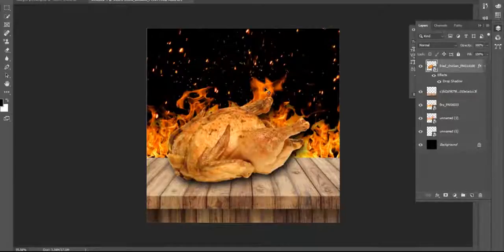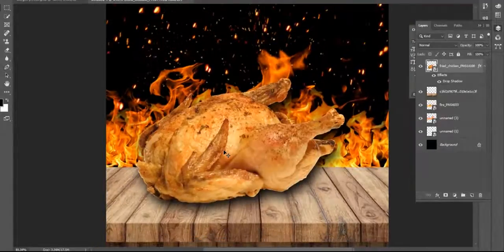The fire is basically reddish, and look at my chicken. My chicken looks like it has some white color in it. So I just change the color combination of my chicken and fire. Basically I match the fire color and my chicken color.